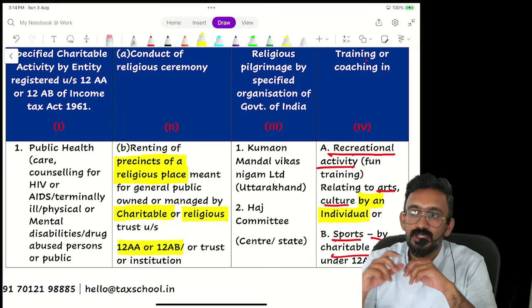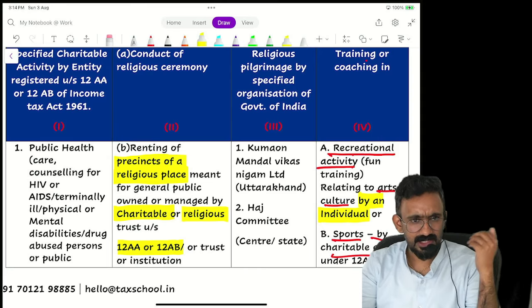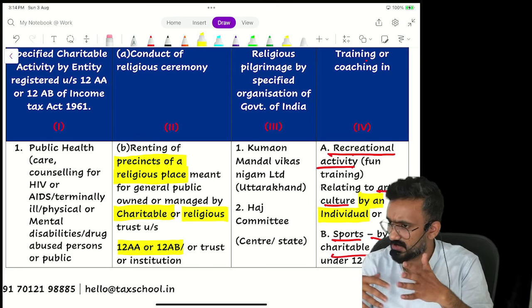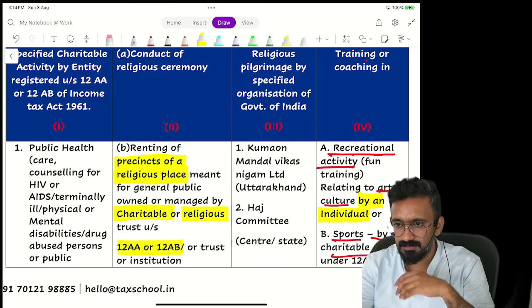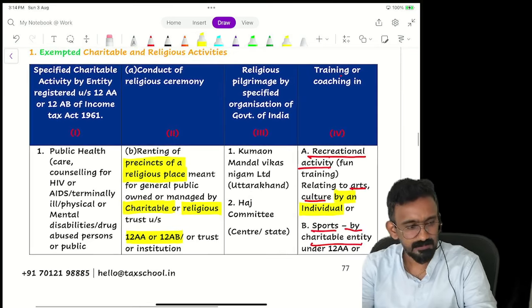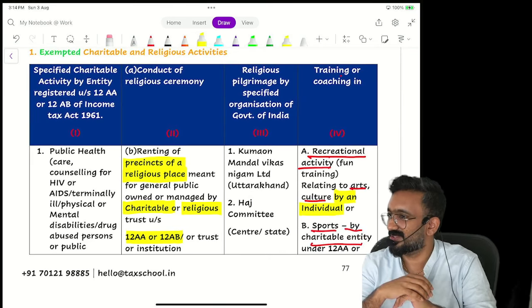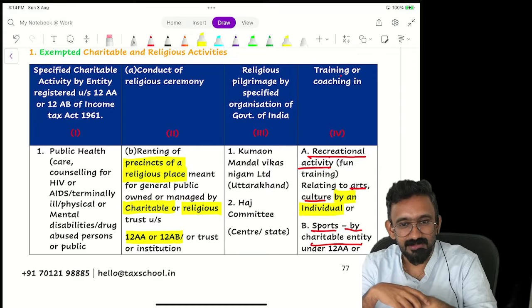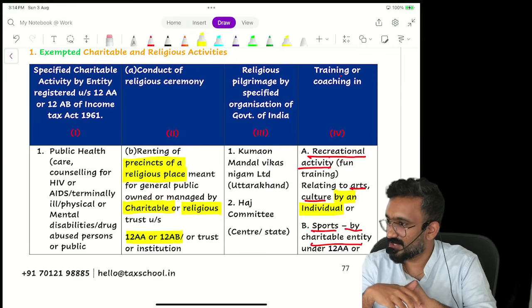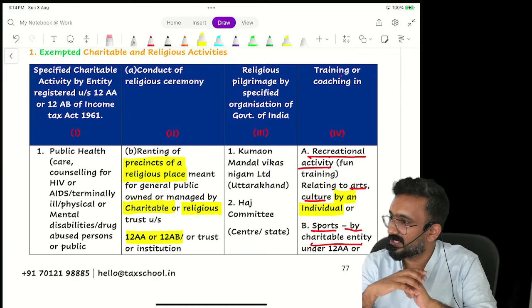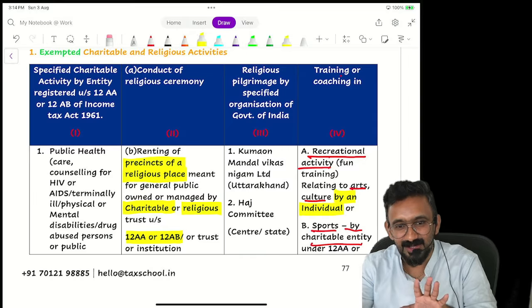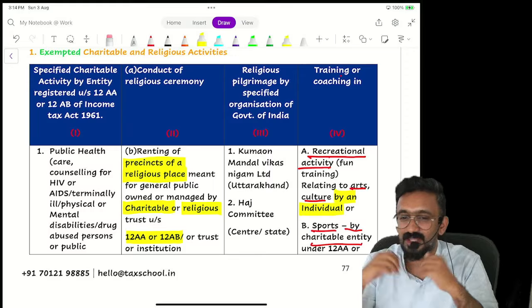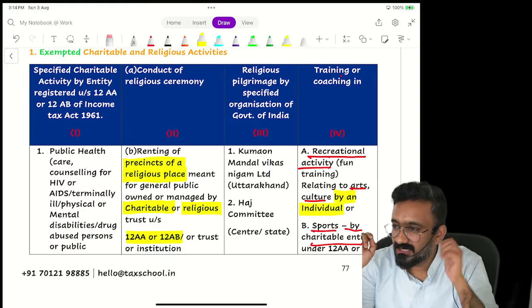So we have one client that already has this kind of structure going on. There was one club that we audit. They have a 12AB registration. They do summer camp. You know summer camp, right? The time when there is a vacation for the kids and the parents do not want the kids at home, so they send them to summer camps. So their highest income is summer camp.